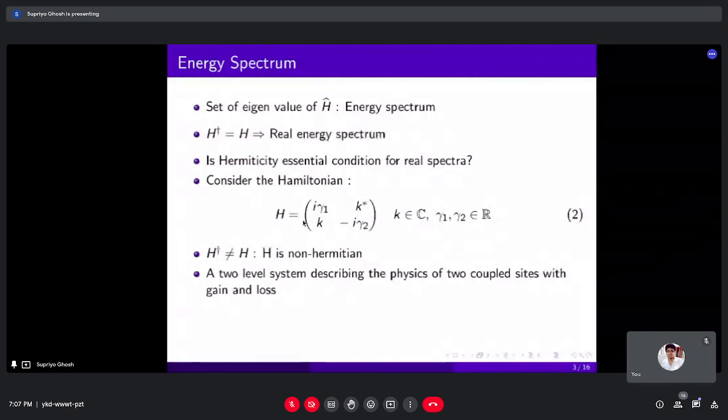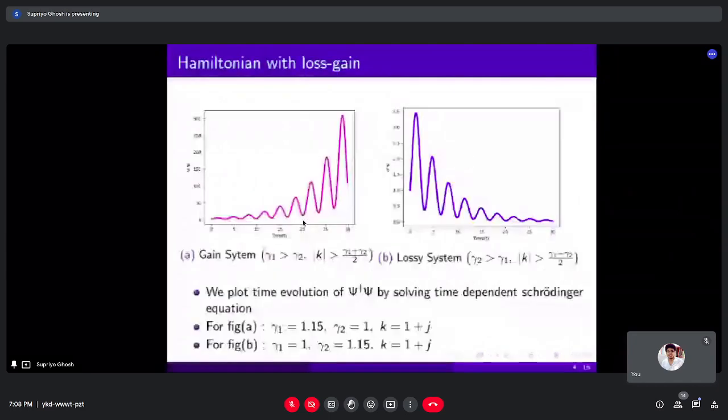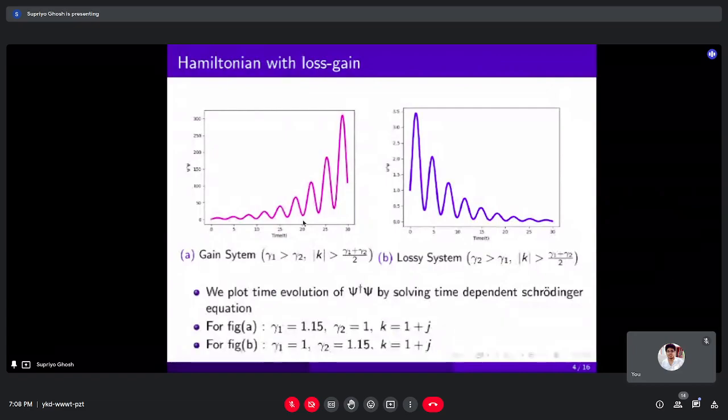You can clearly see that H is a non-Hermitian matrix, and a matrix can be used as an operator. So this Hamiltonian represents a two-level system describing the physics of two coupled sites with gain and loss. Why do I call this Hamiltonian a gain and loss Hamiltonian? In this slide, I have plotted the time evolution side by side, showing the time dependent Schrodinger equation for